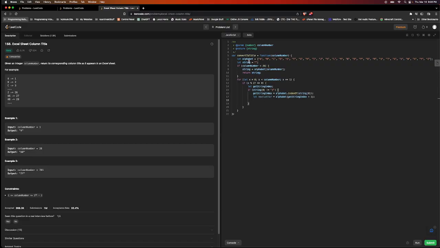And then string of 0 equals next letter. Like this. Else